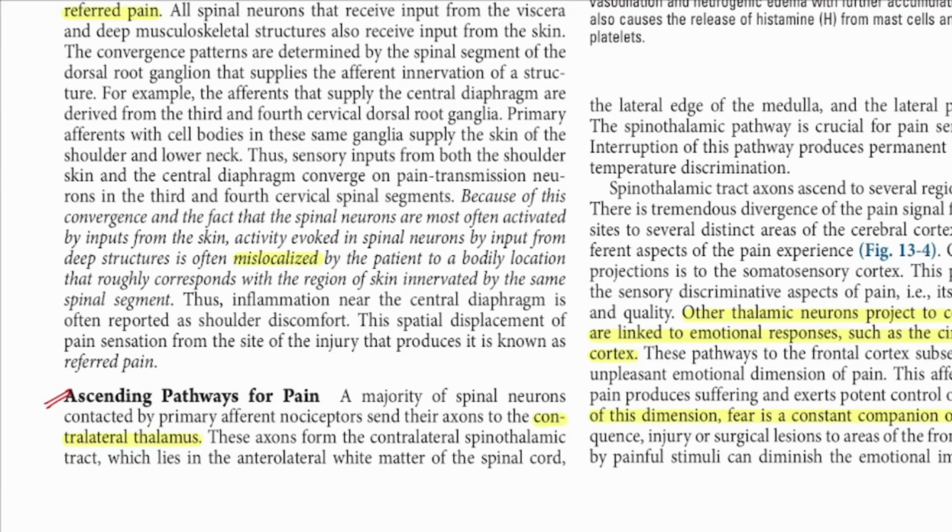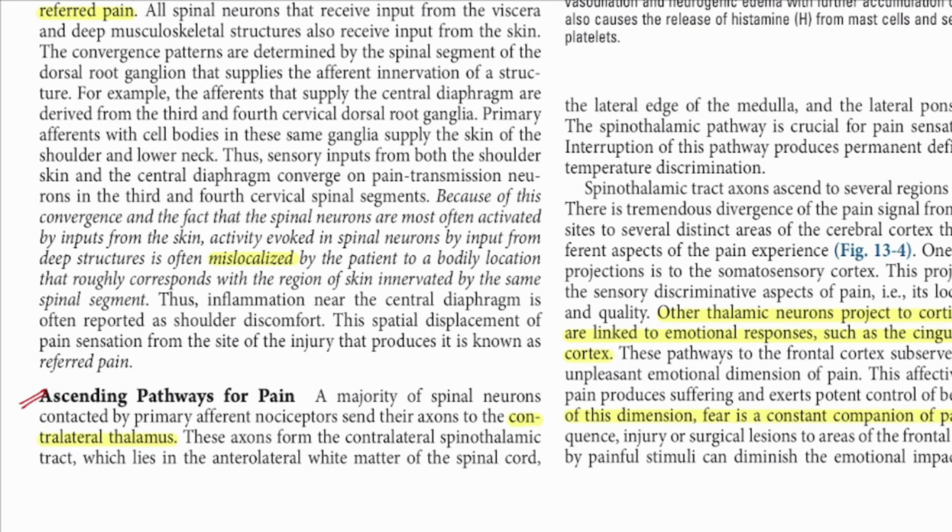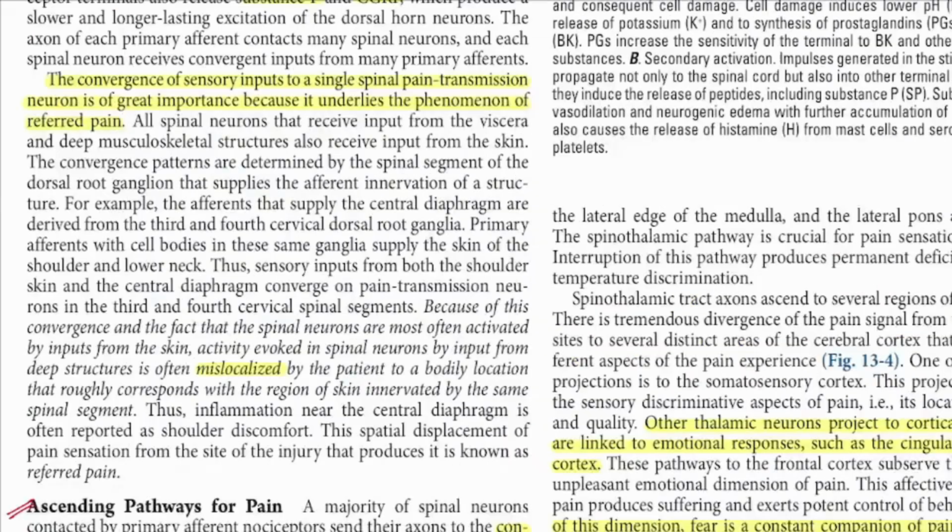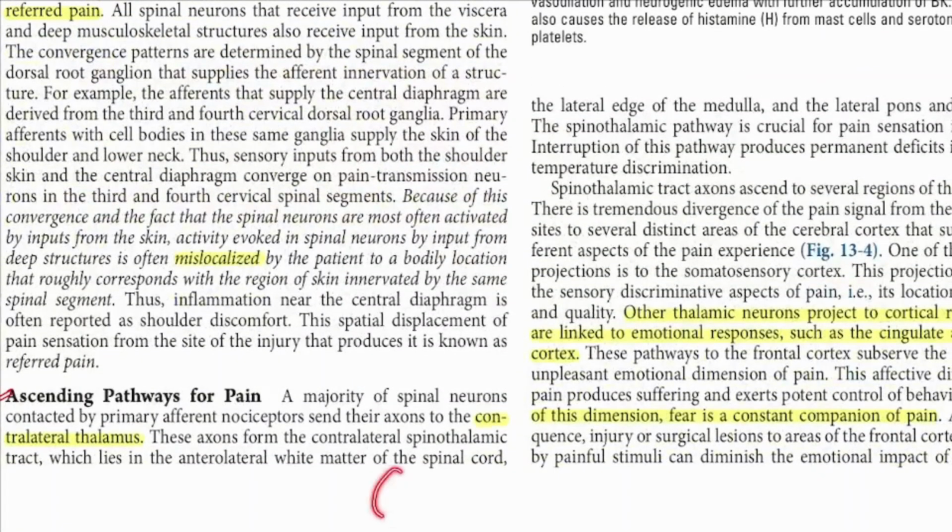Ascending pathways for pain. Pain ascending pathways: the pain is carried from the peripheral nerves by the dorsal root ganglion cell, and it is relayed onto the second order neurons in the dorsal horn of the spinal cord. From the dorsal horn, the fibers will cross to the opposite side, and from the opposite side they will ascend upwards to the thalamus and cortex,